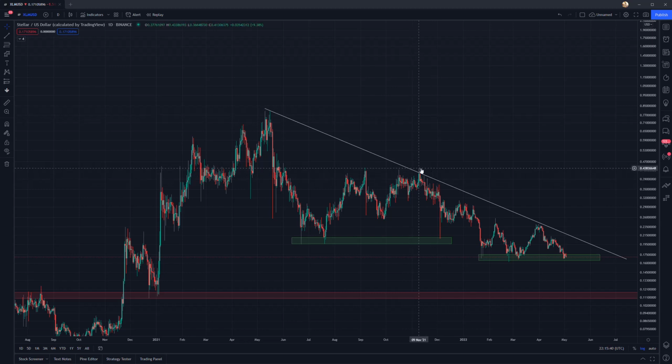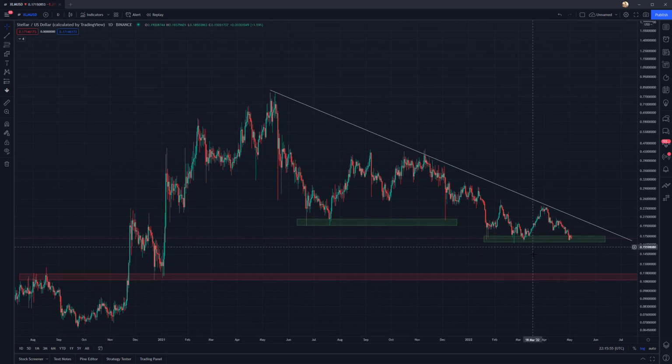But as you can see here, Stellar did not in fact get back up to this high, nor did it double top. So it was already weaker, and as we've come back down, Stellar has taken out its lows and formed some new lows. Right now we're sitting on a very key support region at the 17-cent mark, and you can see how we bounced off right here in January of 2022,